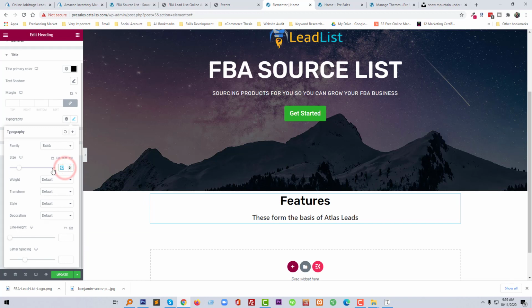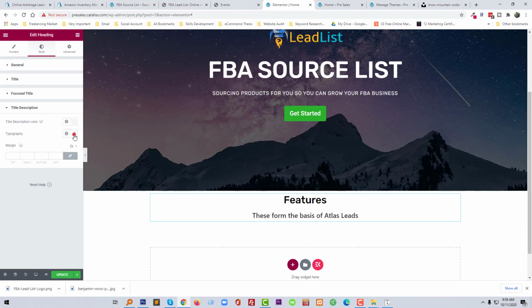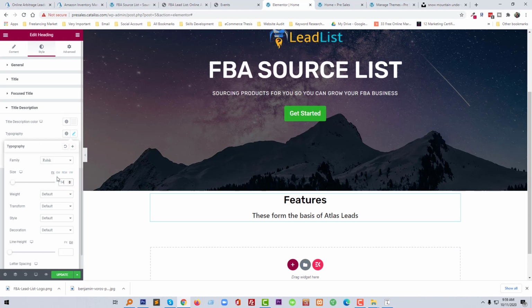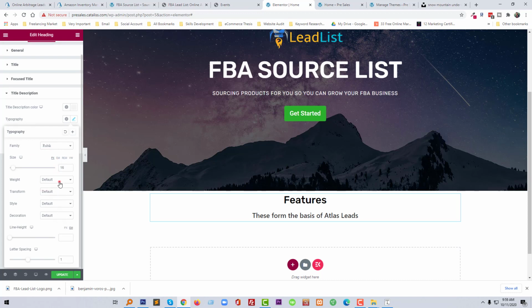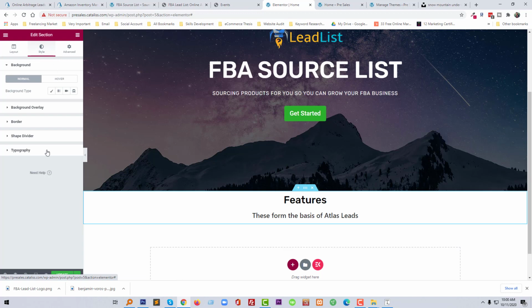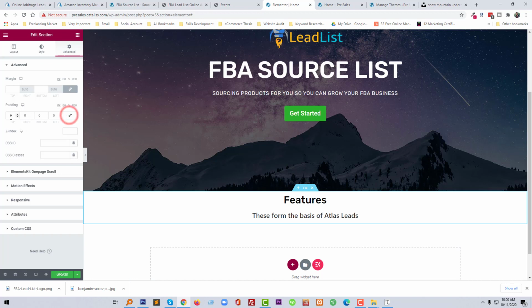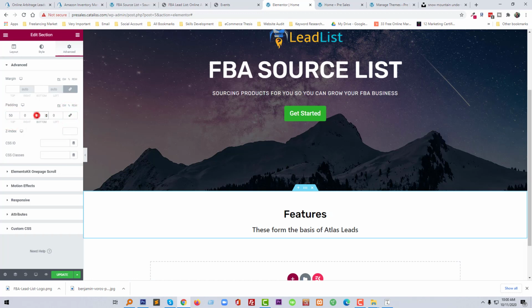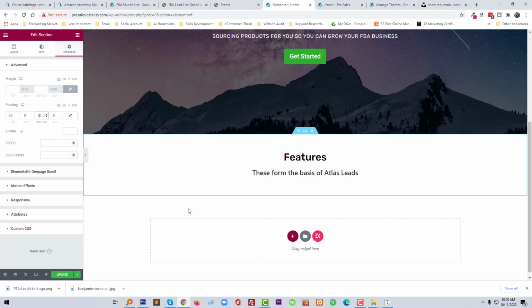Or you can change it more, and from the title we are making it and width normal. Okay, just adding some padding here. Typography border padding top 50 and bottom 50. Okay,